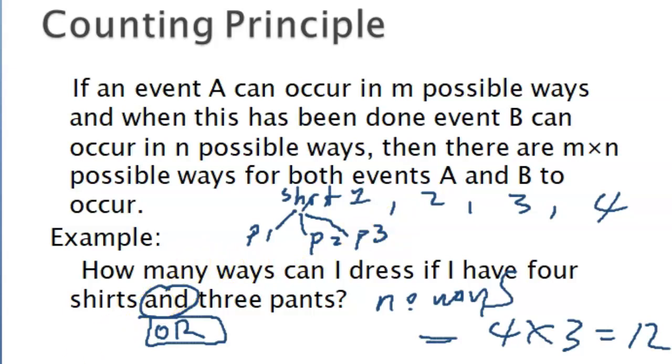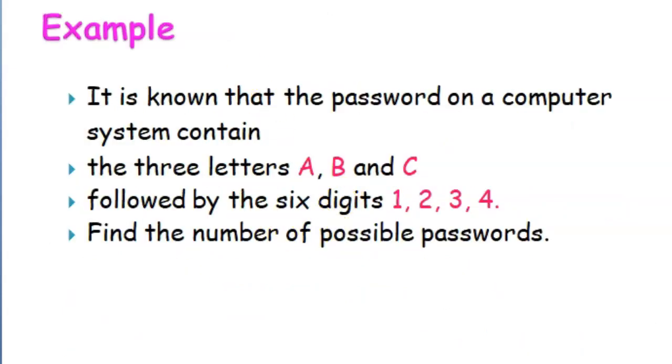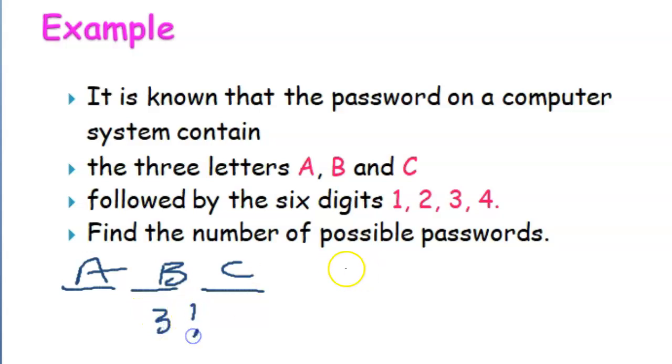Another example. It is known that the password on a computer system contains 3 letters, A, B, C. So the first 3 characters will be the 3 letters A, B, and C. And if you think about it, A, B, and C, we can arrange as A, C, B, B, C, A, and so on. So 3 characters can be arranged in 6 ways, 3 factorial ways. And after that,